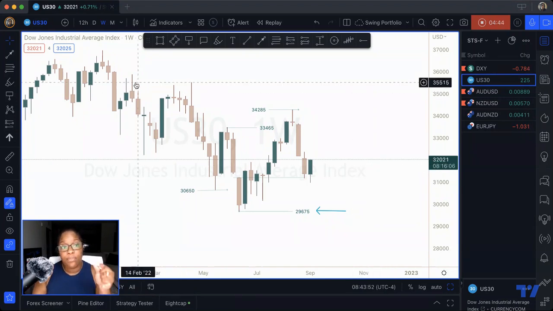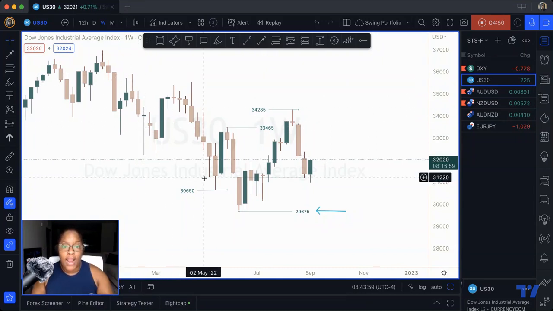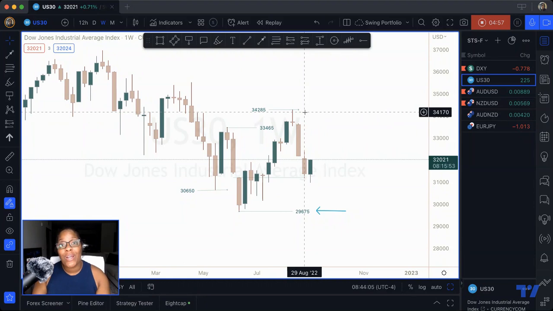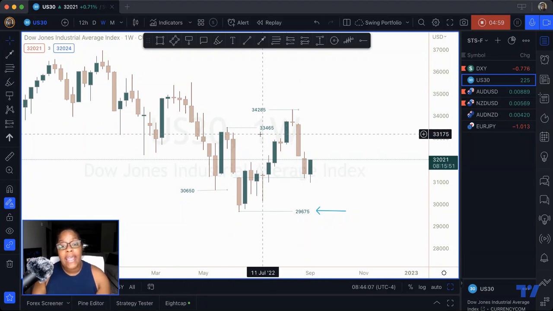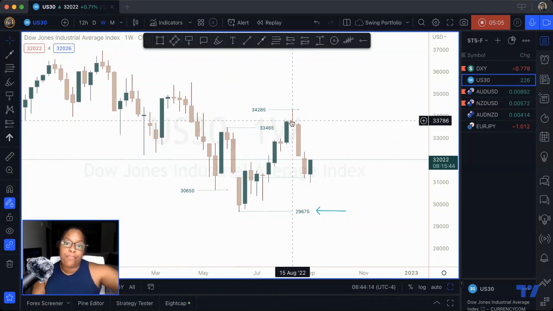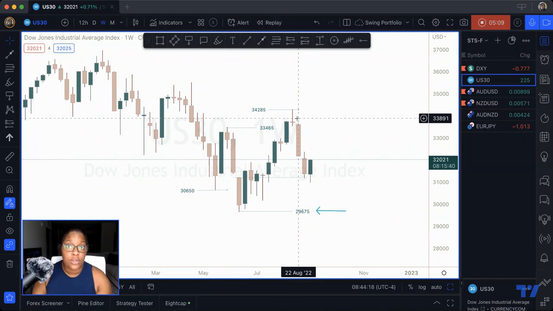But in this case, price was selling off. You guys can see that over the past year or so, price was making lower lows and lower highs, lower lows, lower highs, lower lows. But the week of August 15th, price actually went up and made a new high. And so it passed 33,465, which was the last push from the sellers down. And the buyers came and ran it back up. This is what's called a reversal.